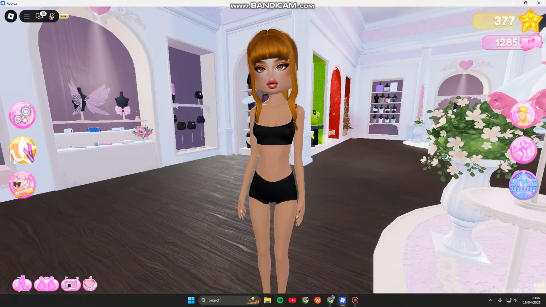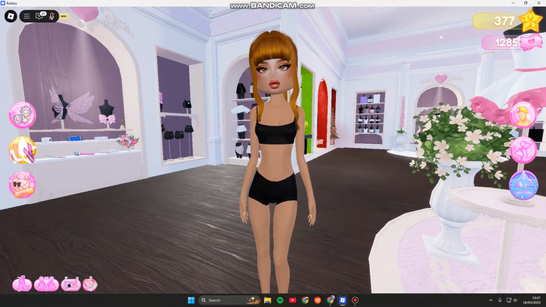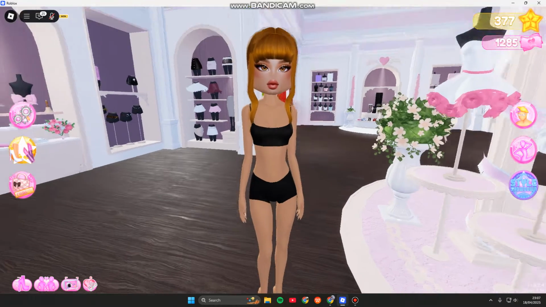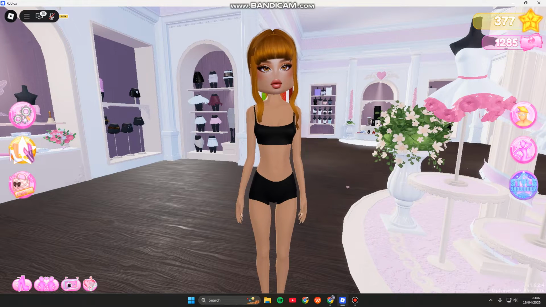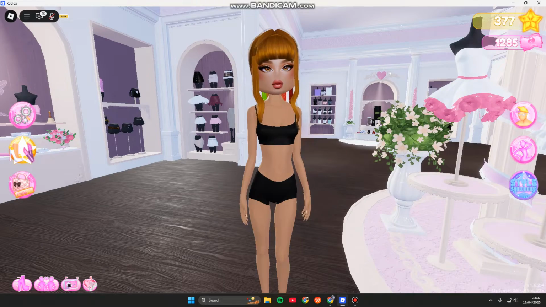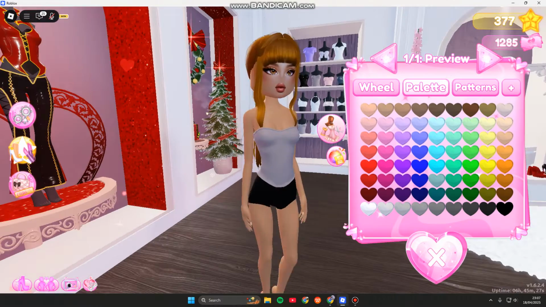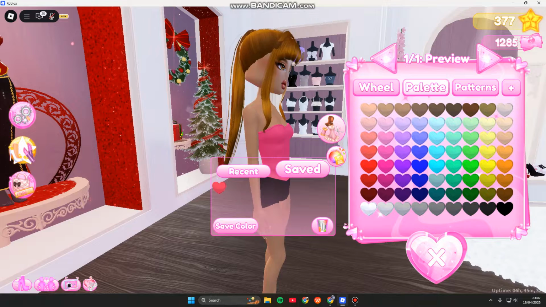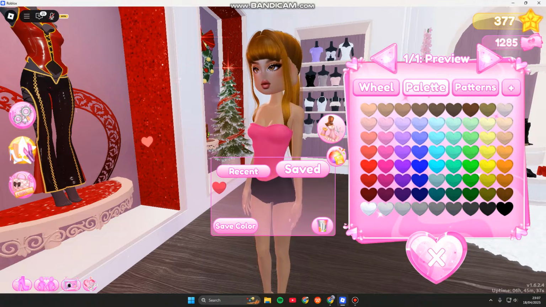So for the hair and makeup and also skin tone, you can just choose your preferred skin tone, hair, and makeup. I'm using this ponytail and also these bangs right here. You can change the color into whichever color you like and you think fits into the retro look. After that, you can just use this top right here and change the color into whichever you like. So I'm using these colors in here, and after that you can use this